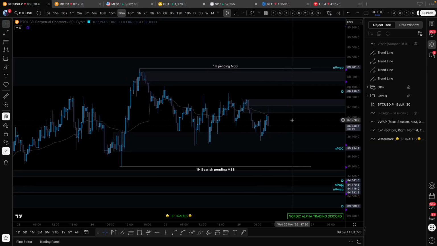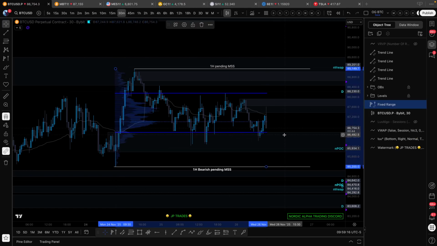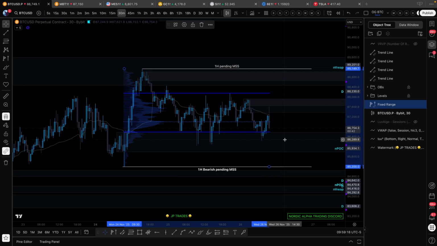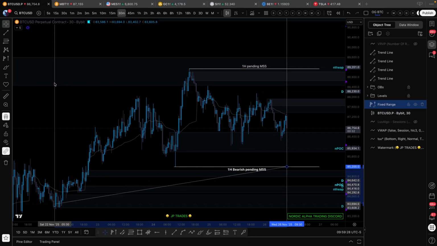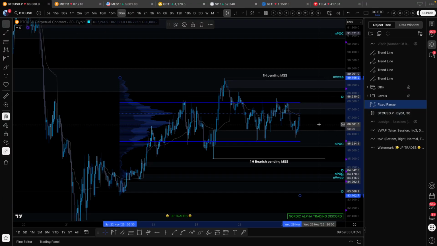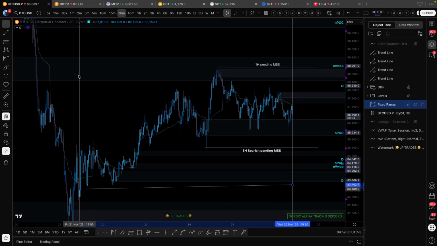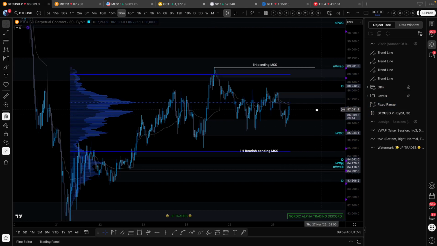A nice rejection right there. Okay, let's get back into some TA. So earlier, the point of control was actually up here where the VWAP was, but now it just moved down. Let's go back and check from this low as well. Okay, yeah, that's where point of control was earlier. But the local fixed range is now changing a bit. Yeah, I really would like to come back down, sweep these lows into this naked point of control and long